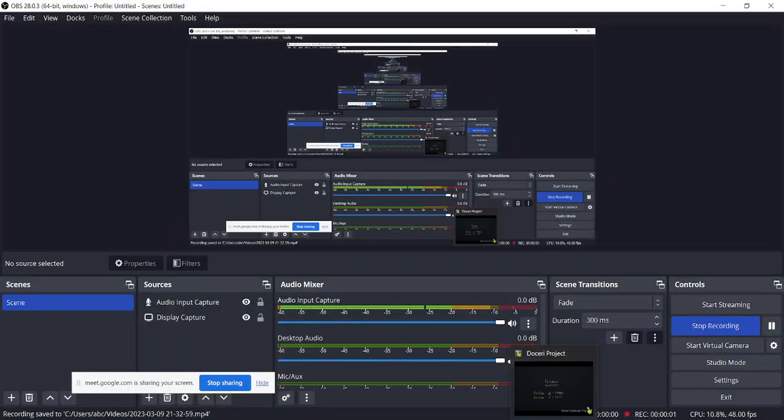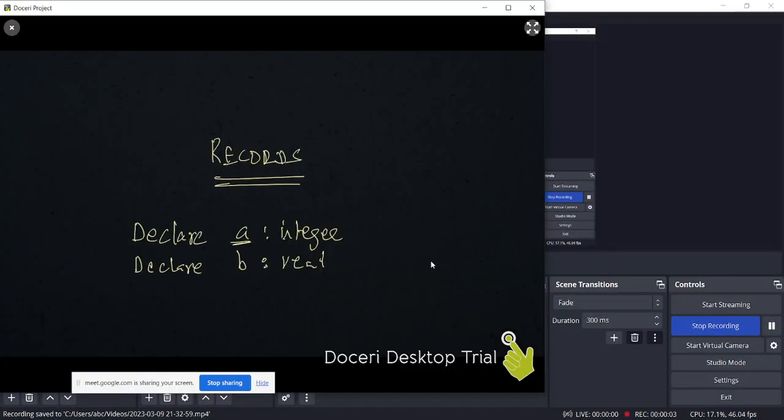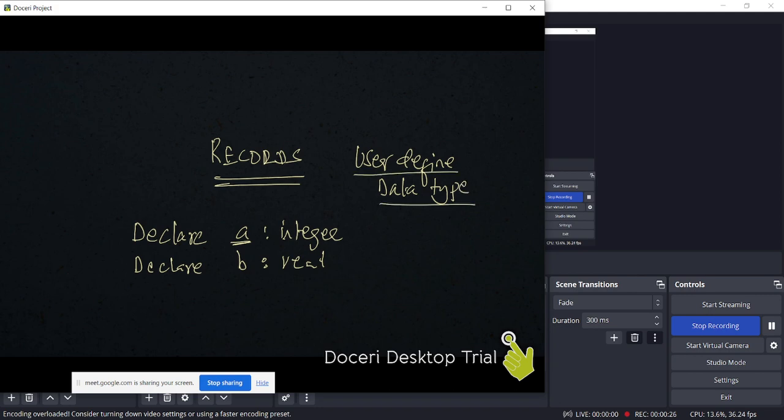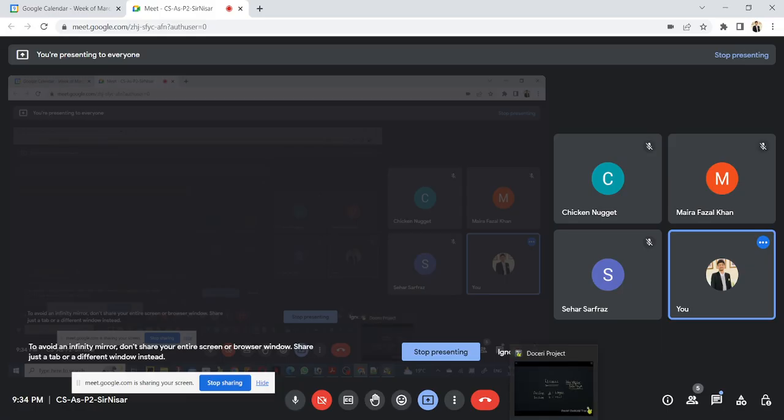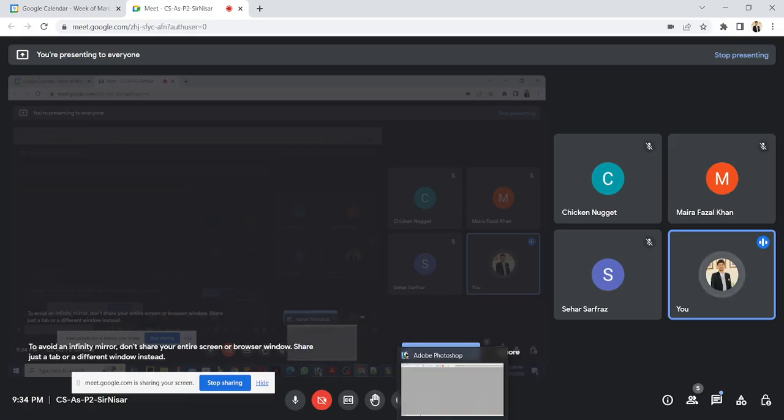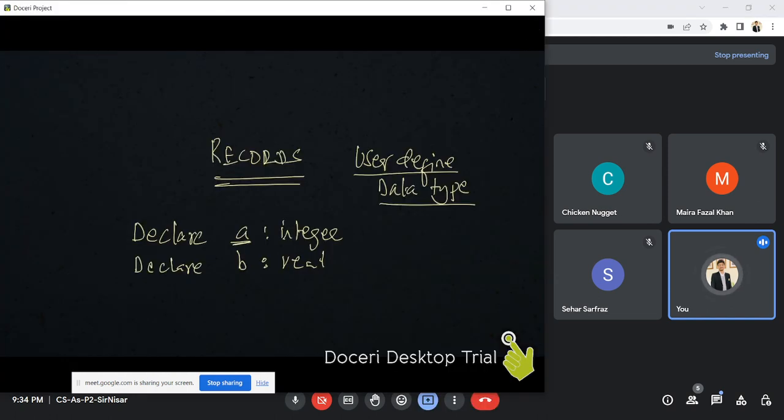Okay ji, let us start the record data type. Now the record, what is in the record? In the record we have, it is actually a user defined data type. What does it mean? It means the user can define the data type by his own. Okay, the user can create his own data type,